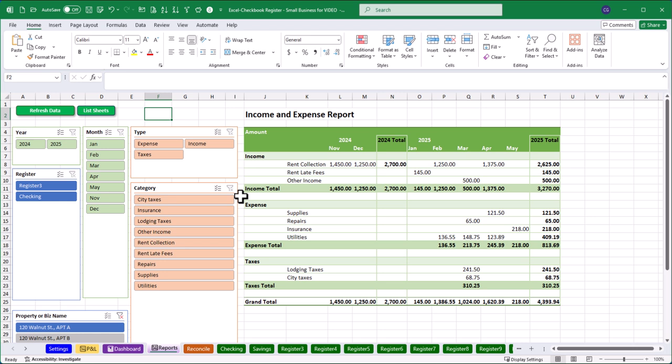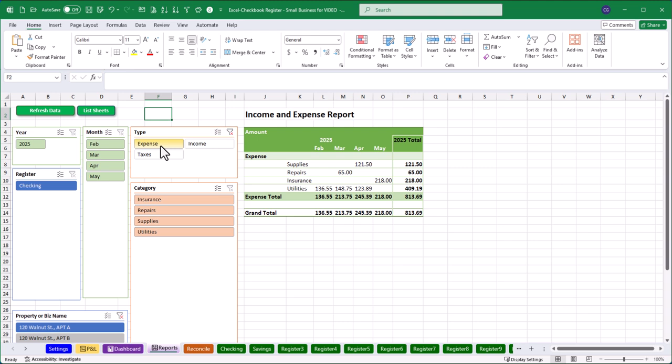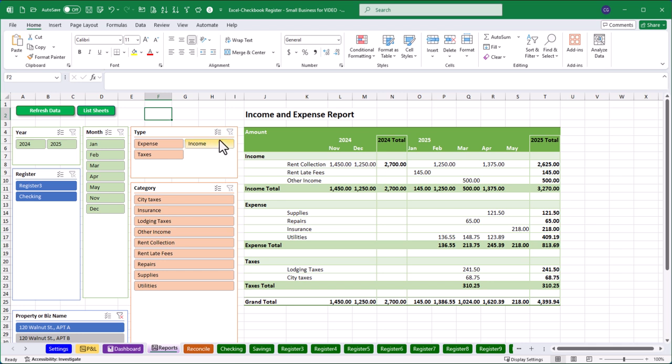And so for this particular report screen, again, you've got the other filter or slicer buttons to hone in on a particular category, or to only look at expenses versus income if desired. And all of these slicer buttons have a little button here in the corner to clear out any filter that you might have chosen. They also have a multi-select button